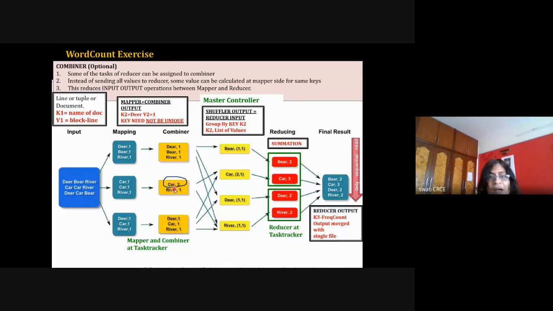Okay. So the shuffler is executed by the master controller. It is done by the Hadoop framework. The master controller is a component of the Hadoop framework. So that is doing this shuffling job. Shuffling is nothing but the group by operation of an SQL command. If you are using any SQL command and do a group by, what happens? For a particular key, all the values will come together. Okay, so it is similar to the group by function.